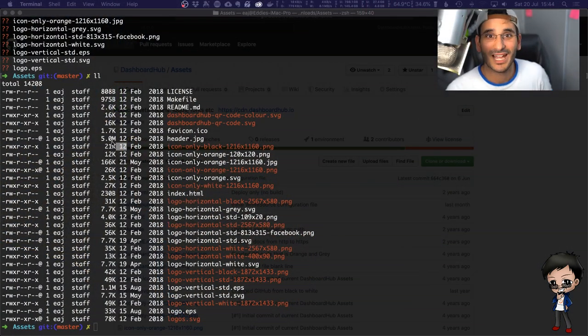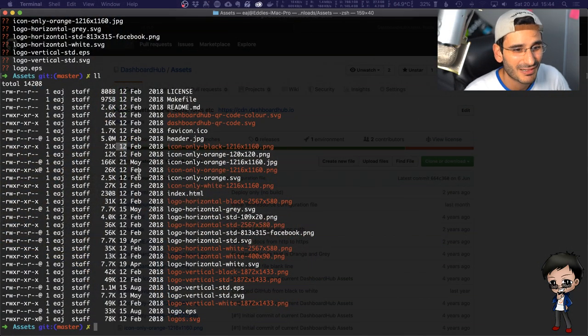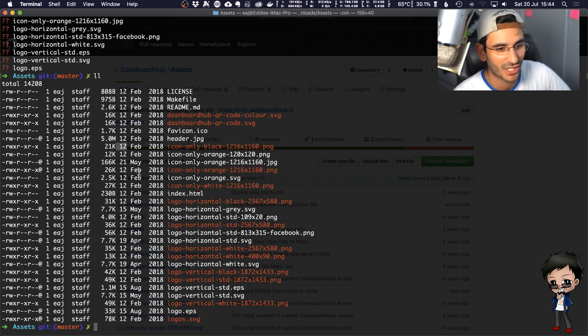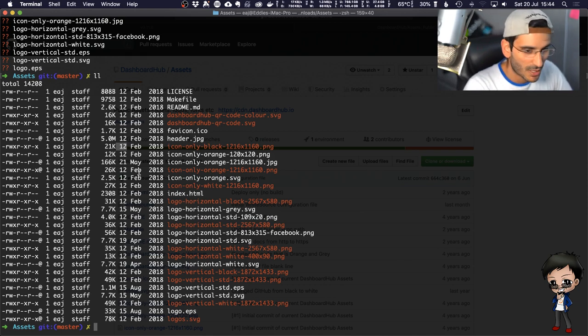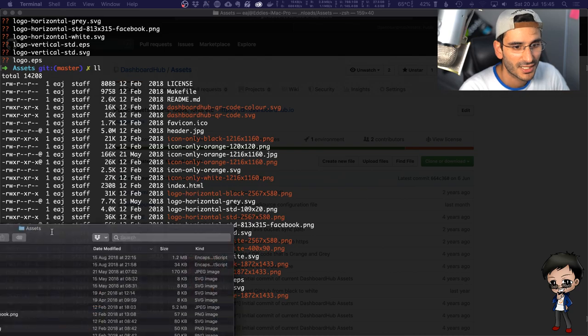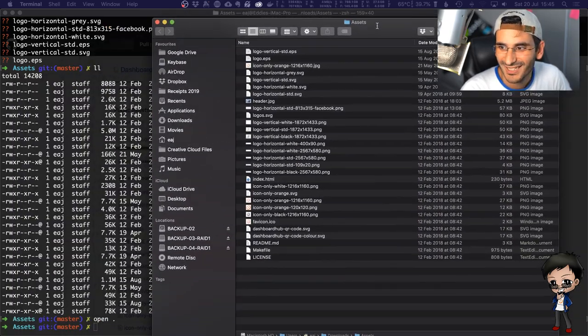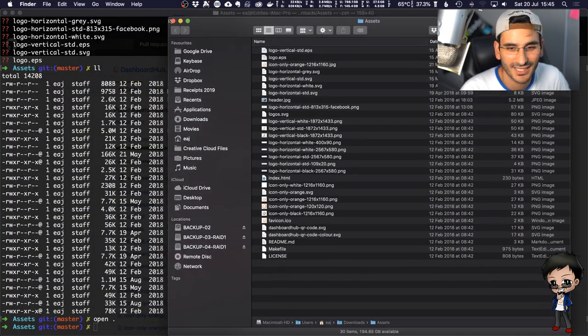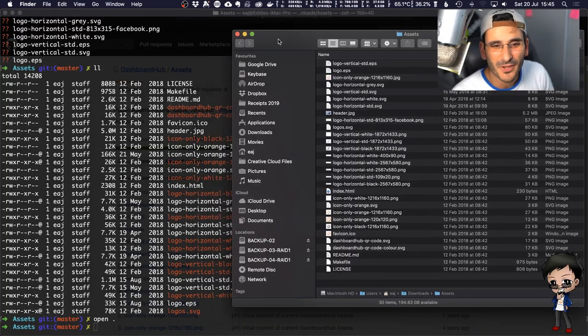But without further ado, I want to go back to my desktop, and we're going to do some more coding. So I need to figure out what I was thinking 5 months ago when I was making these changes. What I probably suggest is I open some of these files in Finder. I'm on a Mac, so I'm going to Finder. Let's have a look at what they look like, and I can see if I want to keep them. But if in 5 months I haven't used them, then they're probably not needed.